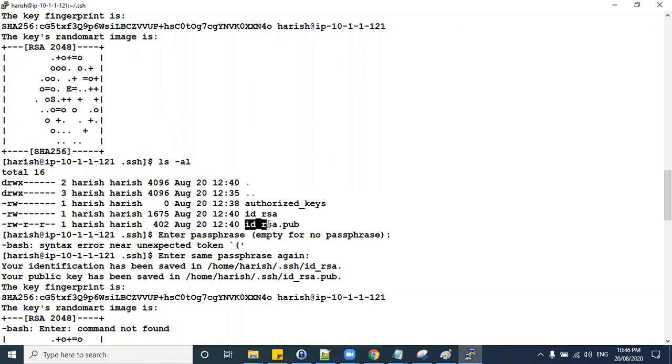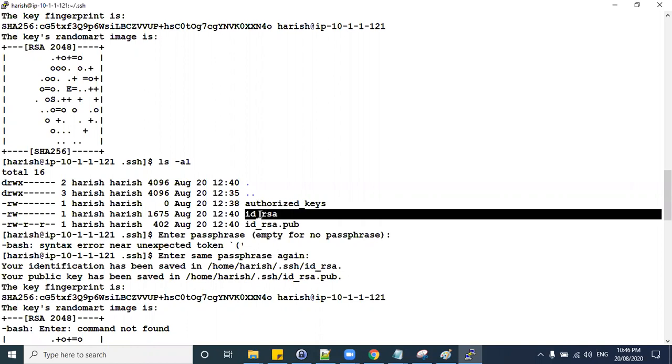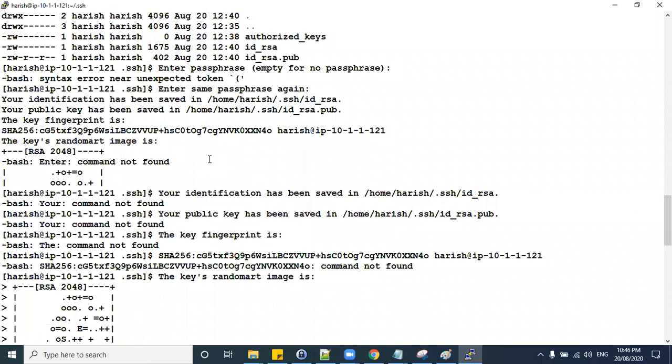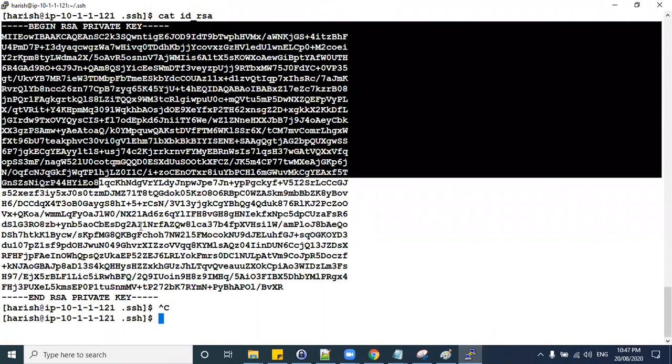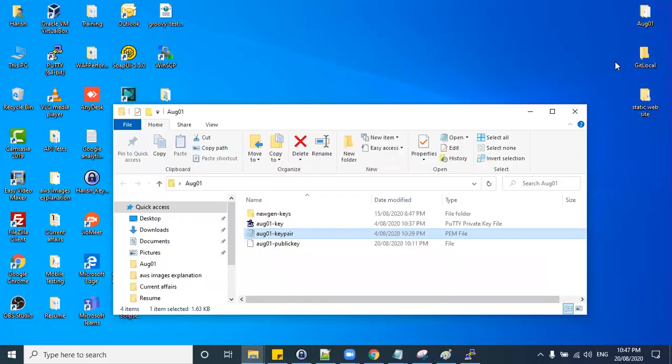Now you need to copy the public key available here into your authorized_keys. Then only your EC2 machine will recognize the private key, and whoever brings this private key will be provided access. Now, once that is done, you have copied your public key inside and created your private key here. Now let us see how to log into the EC2 machine using our private key. Any queries here?